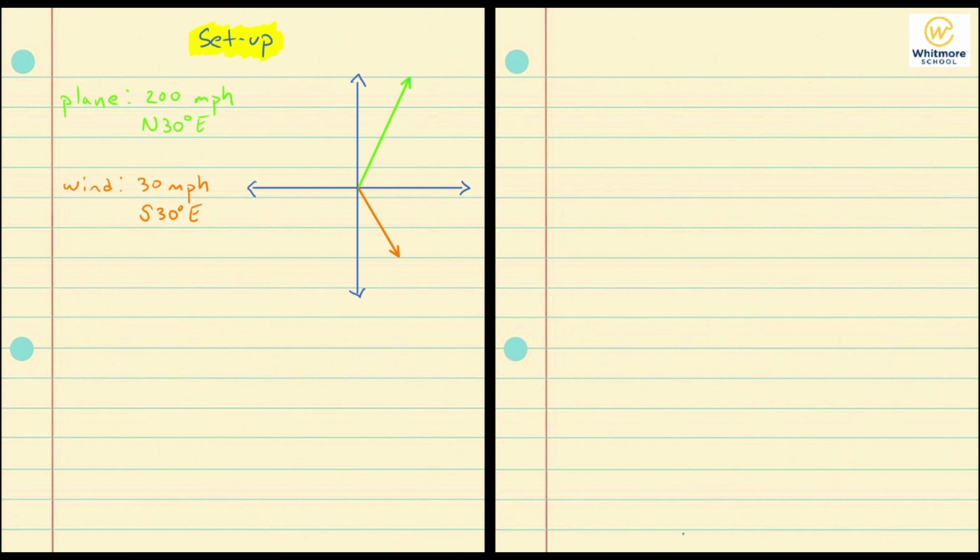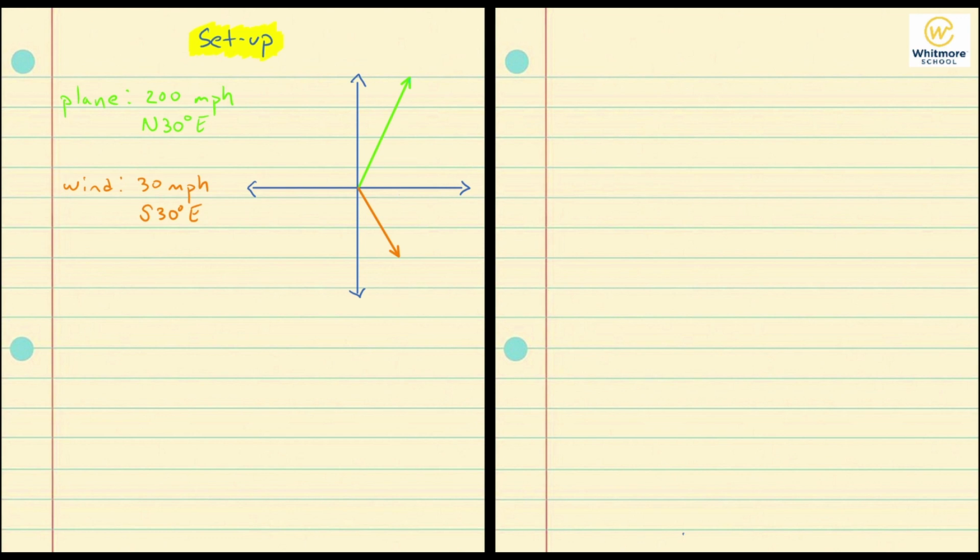If we take a look at what we have on the screen here, we can see that we already have the information for the plane and the wind, and I've already drawn the two vectors. Now notice that both vectors start at the origin. I'll explain why I do it that way in just a second, but to show you how some other people do it,